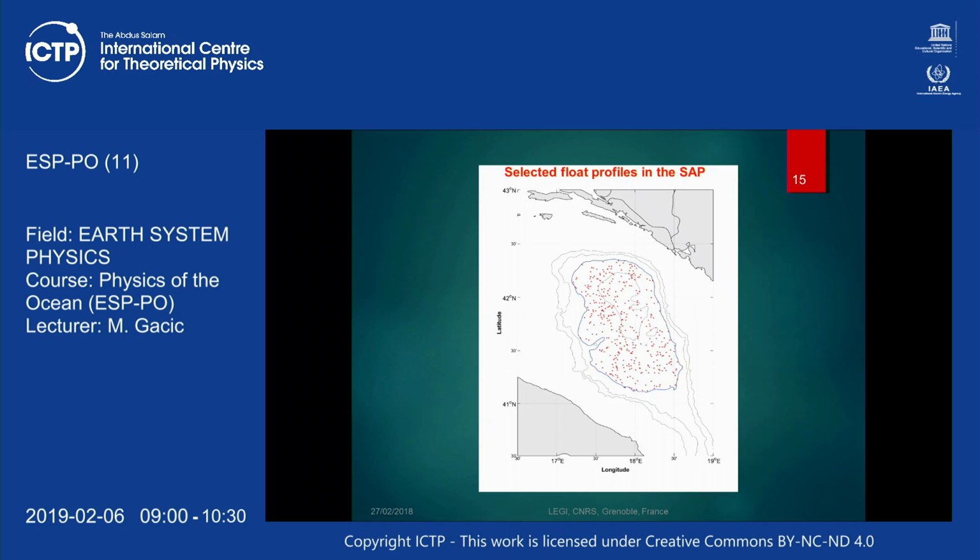And we put all the floats which were found in an area deeper than 1,000 meters. You see how many measurement points are present there, thanks to the presence of the floats, which are not at the same time, but at different times, but there is a pretty good coverage of the last 15 years of measurements. And